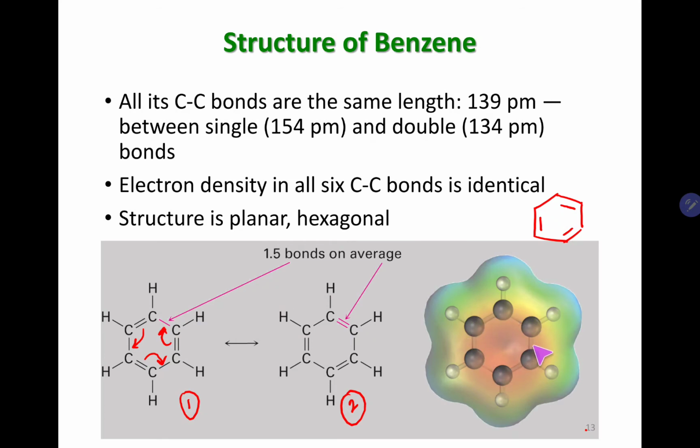No carbon has more electron density as compared to the other. Whenever you have a double bond, you expect certain carbons to have higher electron densities, but no. Instead, all 6 carbons are equal. So basically, what we can assume in this case is that rather than having these double bonds and single bonds fixed to a certain location, these pi electrons on double bonds are delocalized